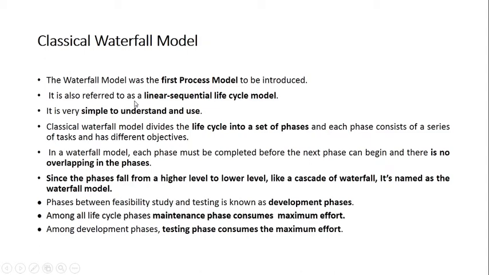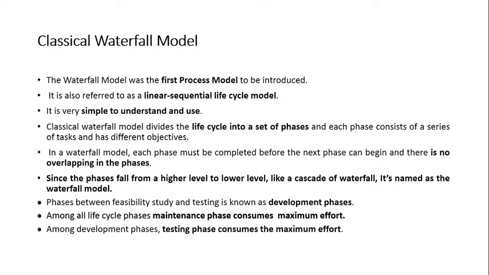Now this is referred to as the linear sequential model. Linear means one after the other in a line, right? It's not having any parallel activity. Sequential means that it is strictly going to follow a sequence, that is, the output of one acts as an input to the next, then again the output of the next acts as an input to the other. Like a proper sequence is being followed.